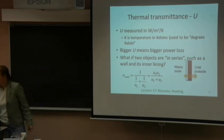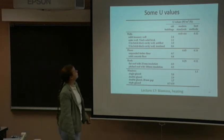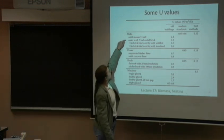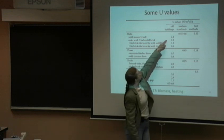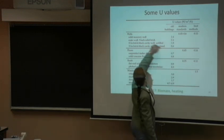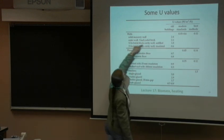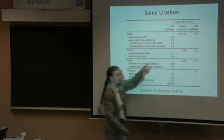And here are some U values for some materials. So here's walls, solid masonry wall, 2.4, this is old buildings. Modern standards, so these are different materials. Outer wall, 9-inch solid brick, 2.2, 11-inch brick block, cavity wall, unfilled. So you know those,